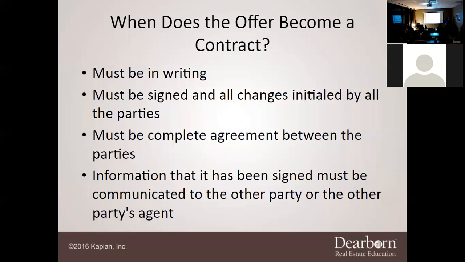Guys, it is normal for an offer to be submitted and it take a few days for them to sometimes get back to you. That's fine. That's normal. People do have jobs. People do have to look at options. There are things that are going on behind the scenes, but your agent should be following up with it. Your agent needs to be following up, making sure things are getting done. You don't want it to fall through the cracks.